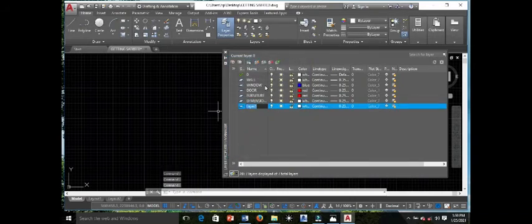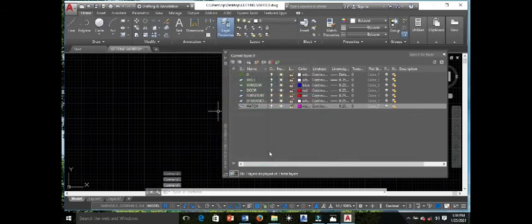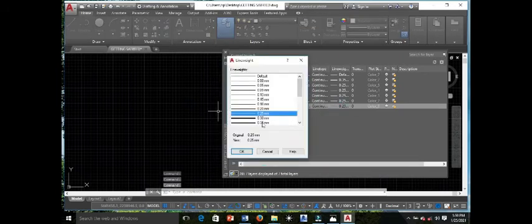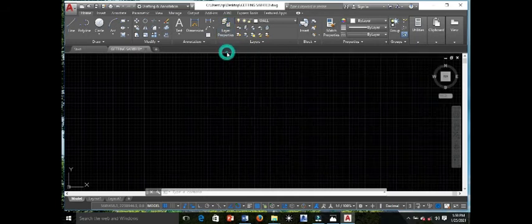Then you create another layer for hatch. Let's just use magenta for hatch. Line width, you could also use 0.25. And then we set our current layer to wall. Once you're done with this, you close the dialog box. Okay, so we have set our units, we've set our limits, we've set our zoom extent, and then we've created